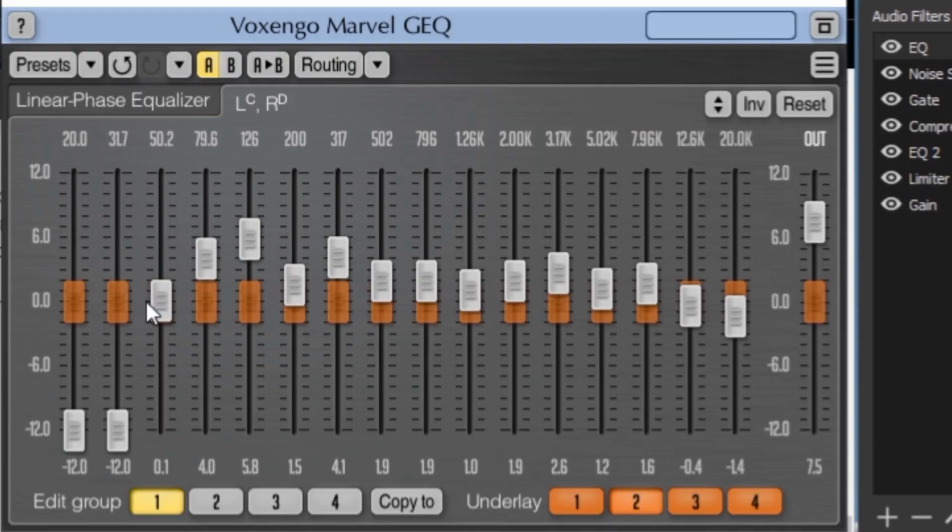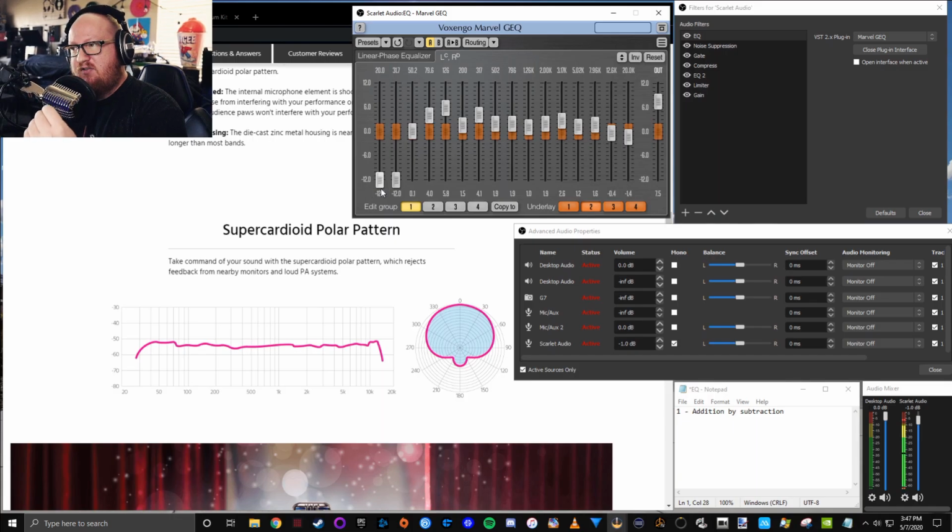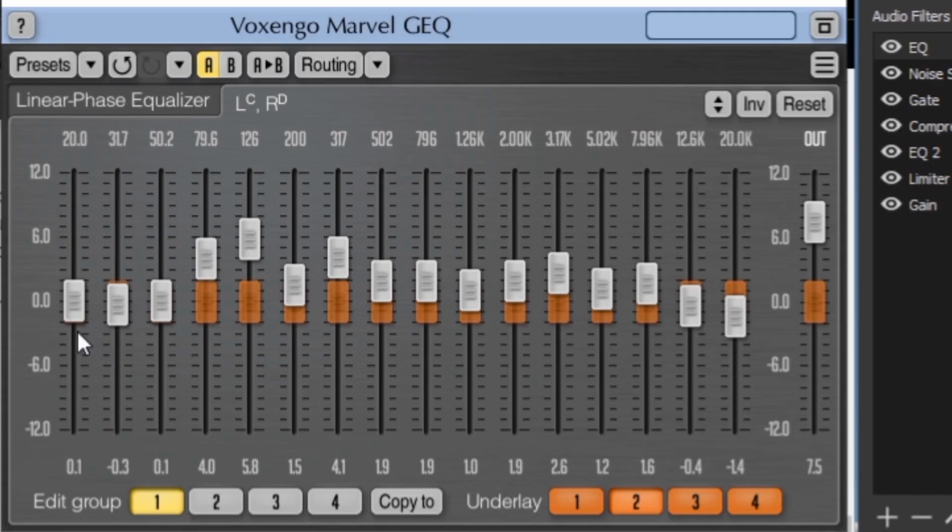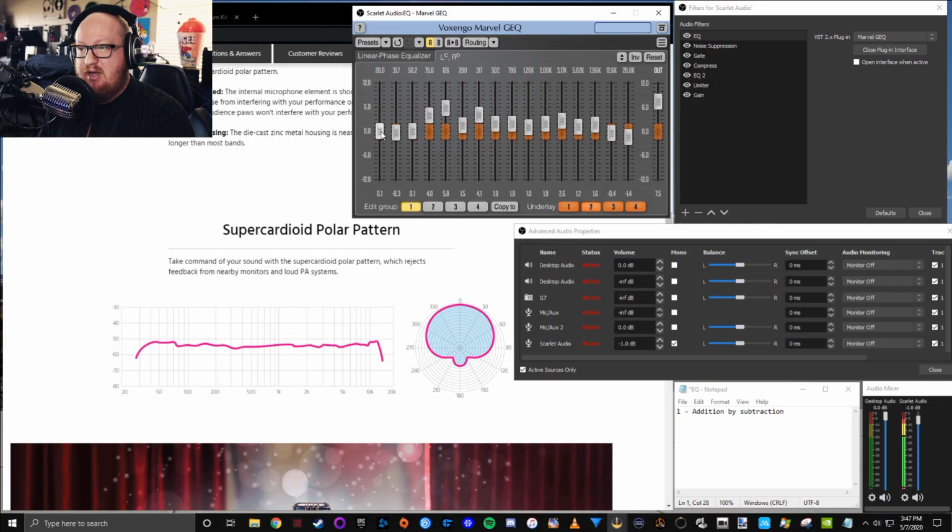So if you noticed, I basically have 20 hertz, 32 hertz, all of this cut completely out. -12, got rid of it completely. I don't even want that to attempt to come through, because if I leave this up here, you see on the frequency response it's not there, but even still, it can come through in the mix. And if I boost this up to 20, or I bring in a whole bunch of low end, you're probably going to hear a bunch of low end come in, or maybe some low end rumble, or when I hit the table,